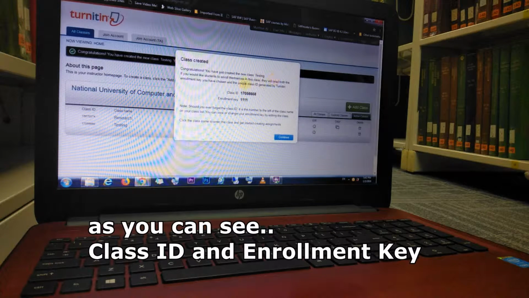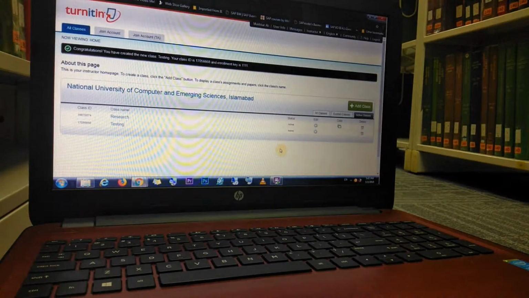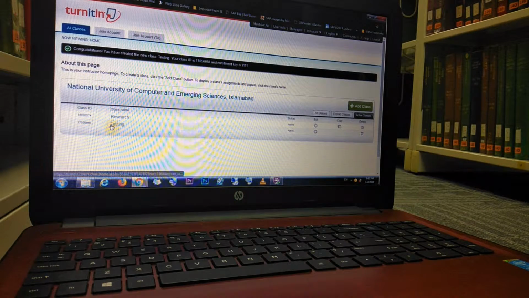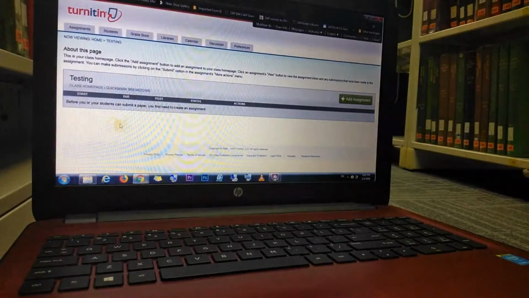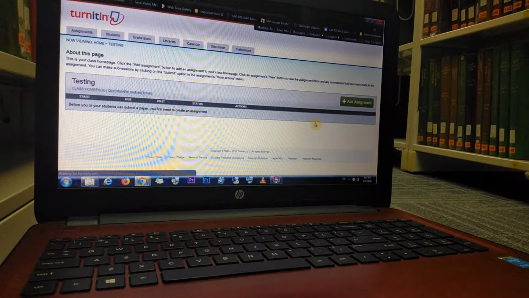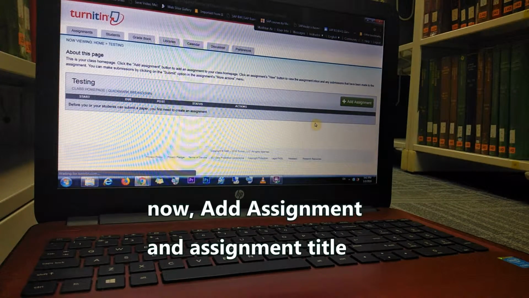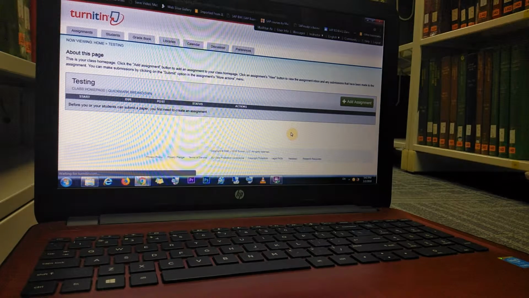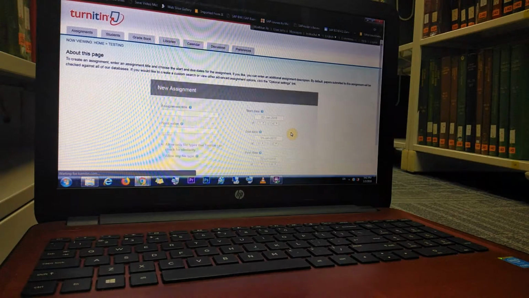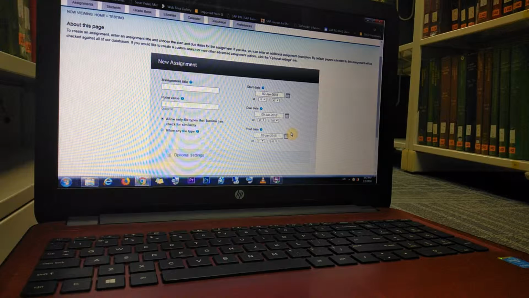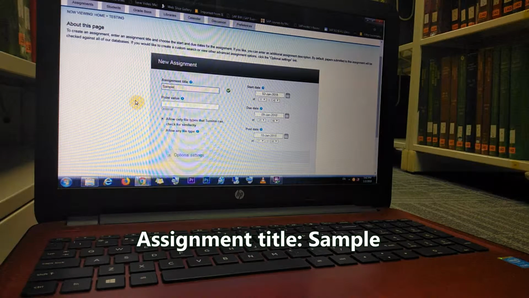Here is the class ID and enrollment key, and we click continue. Here's the class created. Now add assignment and assignment title. Okay, so now we add the new assignment. The assignment title is sample,